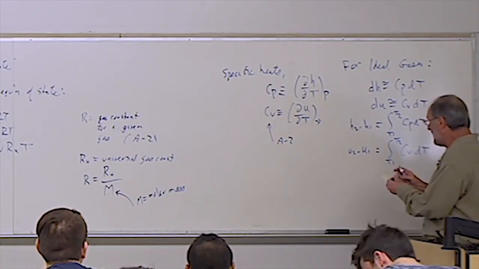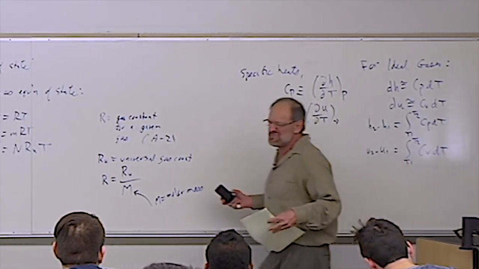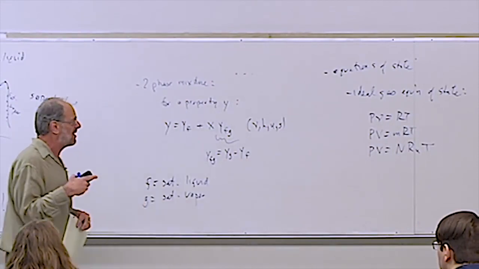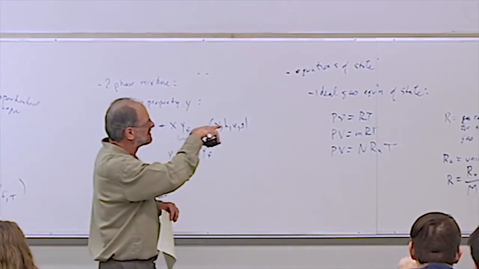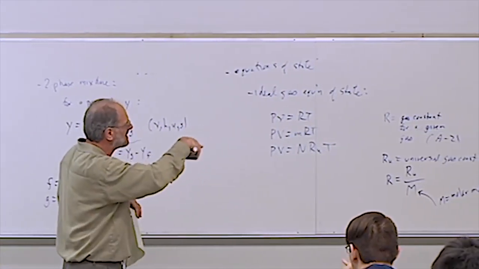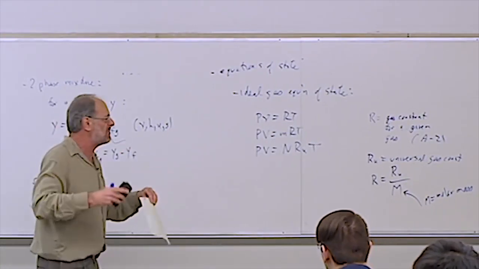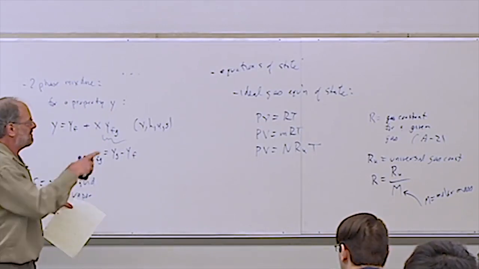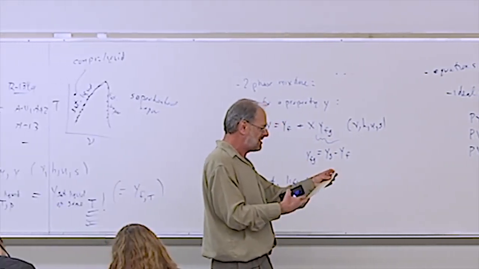Okay. Now, are we ever going to actually have to take this integral? No. I mean, we could. We can go into table A2 part C, where it gives you a polynomial equation that relates Cp, and also Cv, to temperature. You can plug it in and do the integral. I mean, it's simple. It's a polynomial. But we don't need to do that. We have easier ways to take care of that, and that's something we'll be talking about eventually, but not quite yet.